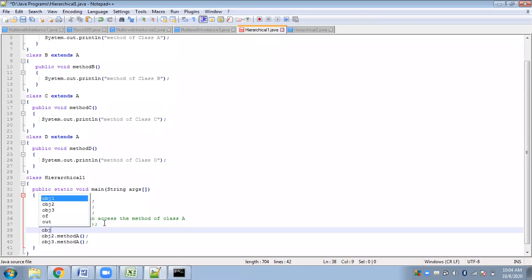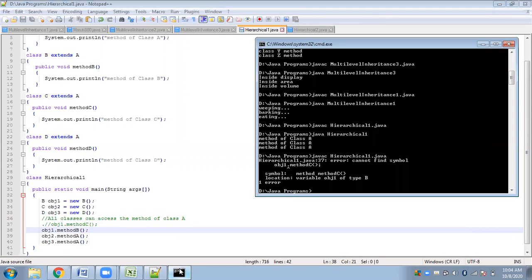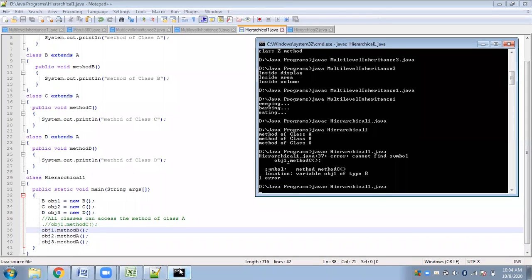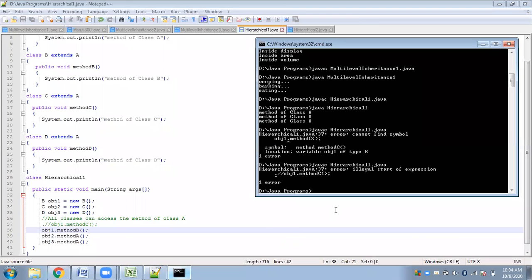But if you try to invoke its own method, say method B, because method B is of class B itself, this can be done. Oh, sorry, I made a mistake: illegal start of expression.